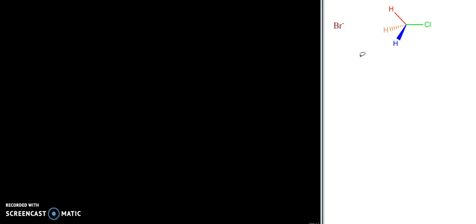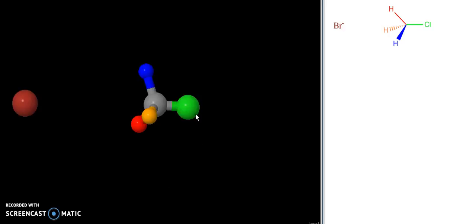because this is an SN2 reaction. And one of the things we always talk about with an SN2 reaction is that the nucleophile, in this case the bromide, will perform backside attack on the reactive center. And what that means is the Br minus comes in from one side and the Cl leaves from the other side. If we look at a three-dimensional model of that, it would look something like this, where this is my